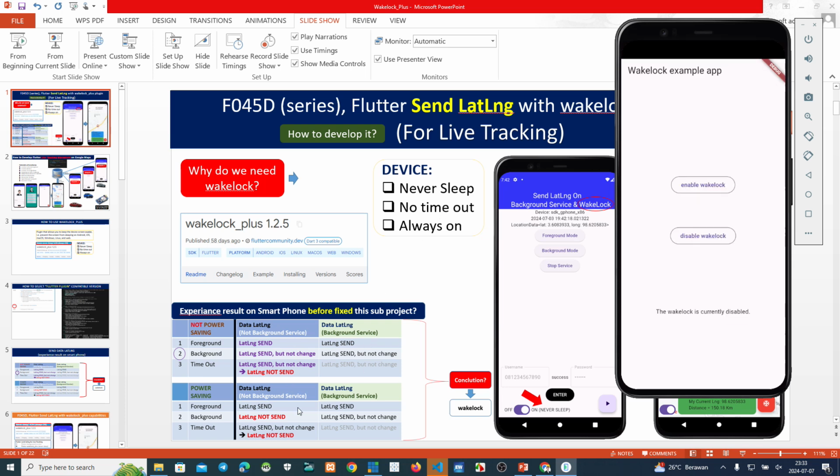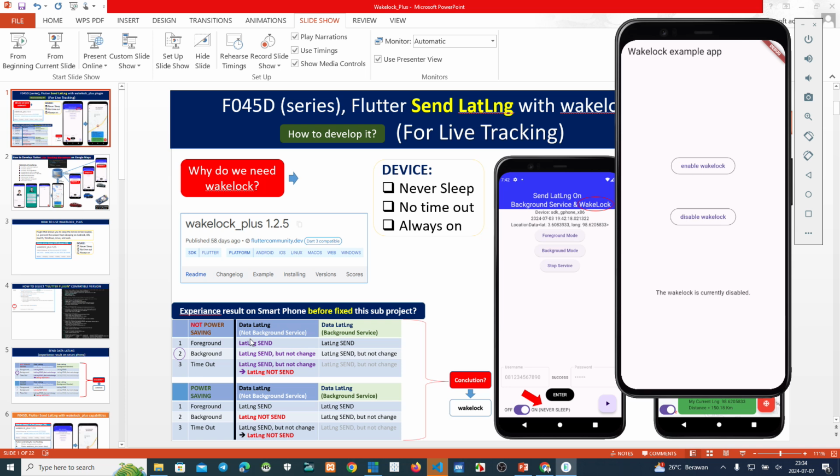Sehingga yang kita harapkan di sini, ini bisa kita lihat di layar monitor di sini, ini tidak akan ada lagi yang di bawah. Jadi lat long not send itu tidak akan terjadi karena timeout sudah tidak ada karena kita menggunakan wake lock. Jadi always on selalu device kita.